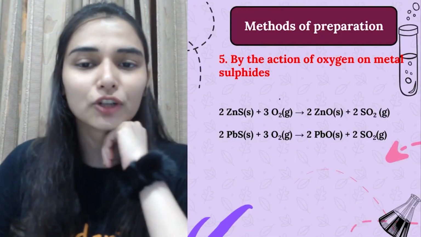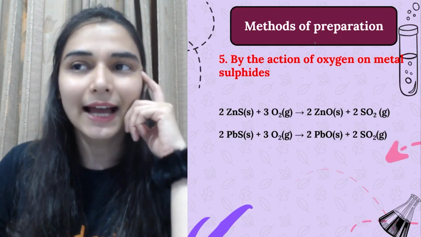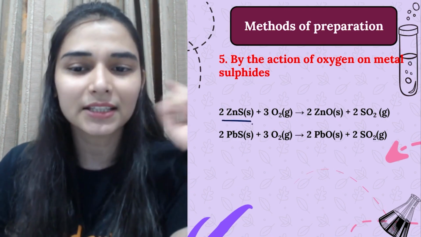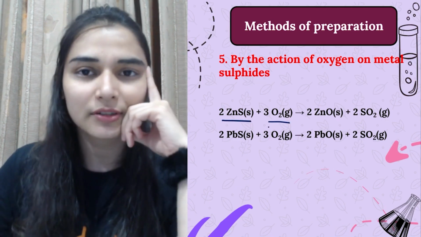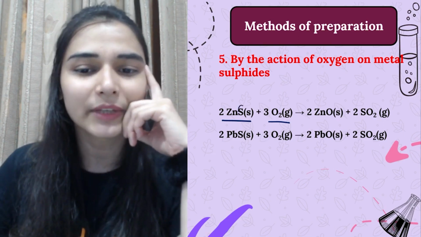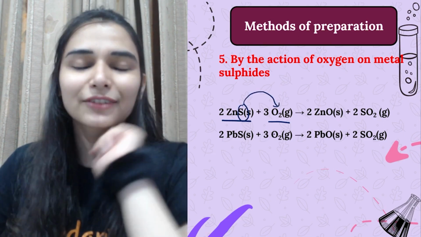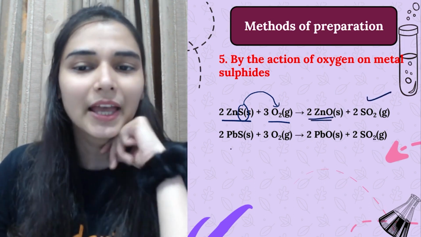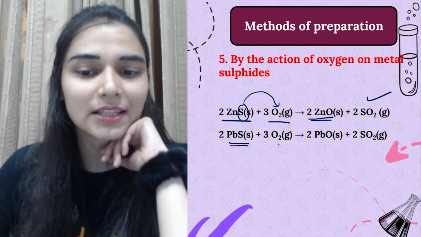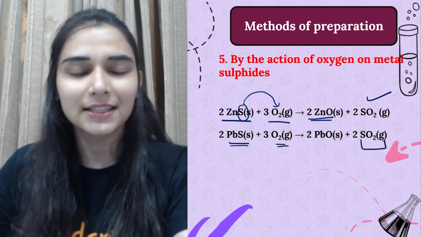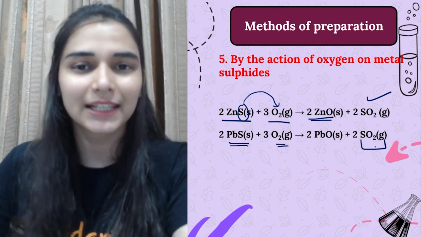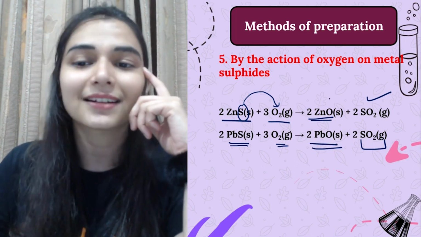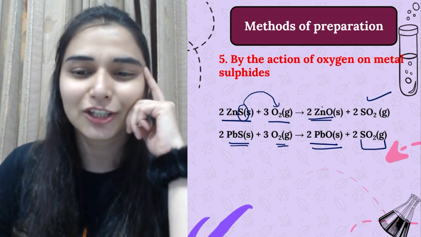Okay, let's go. The fifth method is the action of oxygen on the metal sulphides. So you have zinc sulphide reacted with oxygen. Okay, it will be very easy. There is simply liberation of sulfur dioxide gas here. Okay, and zinc oxide you would be getting. Here also you are having lead sulphide with the oxygen, SO2 gas, pungent smelling, colorless gas. You can detect it easily, and lead oxide is formed, and metal oxides are again basic in nature, although